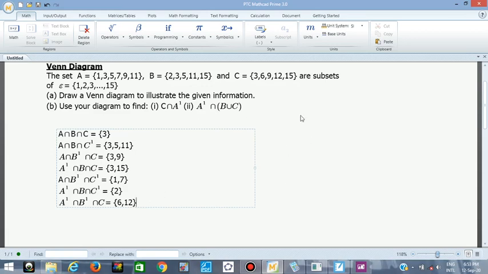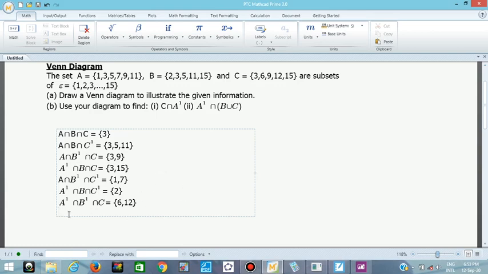Then the next thing we need to look at now is elements that are not in any of them. You know what that one means? That means they are also in this general group, but we don't have them in A, B, and C. So how do you write that one? That is A complement, B complement, C complement. That means they are going to be outside the Venn diagram circles when we put them in the Venn diagram. But this information we are doing here is very, very important. It will help you in putting your answers in the Venn diagram.